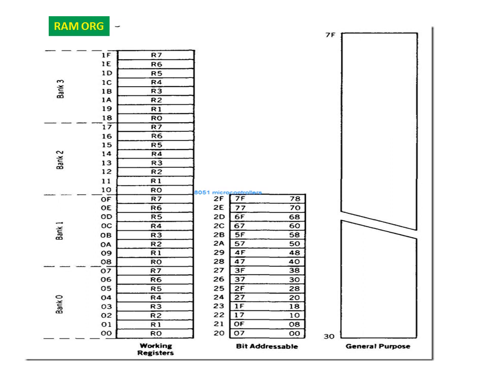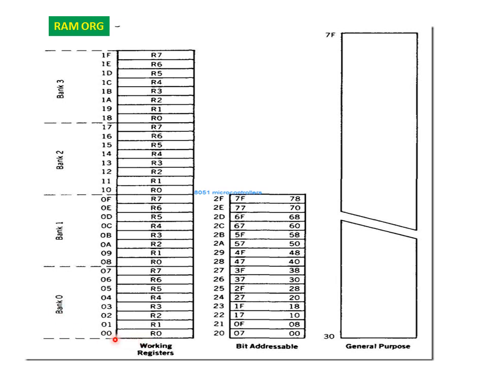Now check this exact memory or RAM organization. I said there are 4 register banks: bank 0, bank 1, bank 2, bank 3. Each bank holds 8 registers. See, bank 0 has registers R0 to R7, bank 1 same, R0 to R7, bank 2 R0 to R7, and bank 3 R0 to R7. These registers are used for programming purposes, and each bank is identified and selected by the PSW register. We will see that processor status word register.